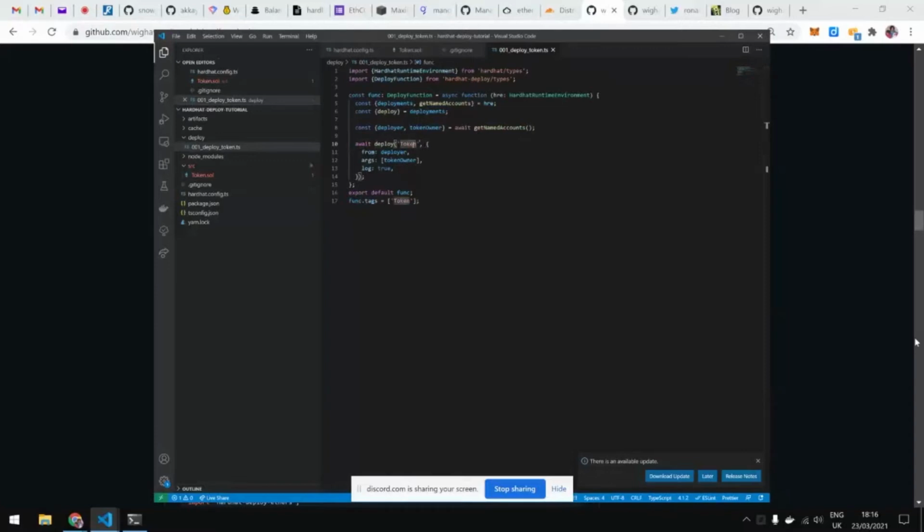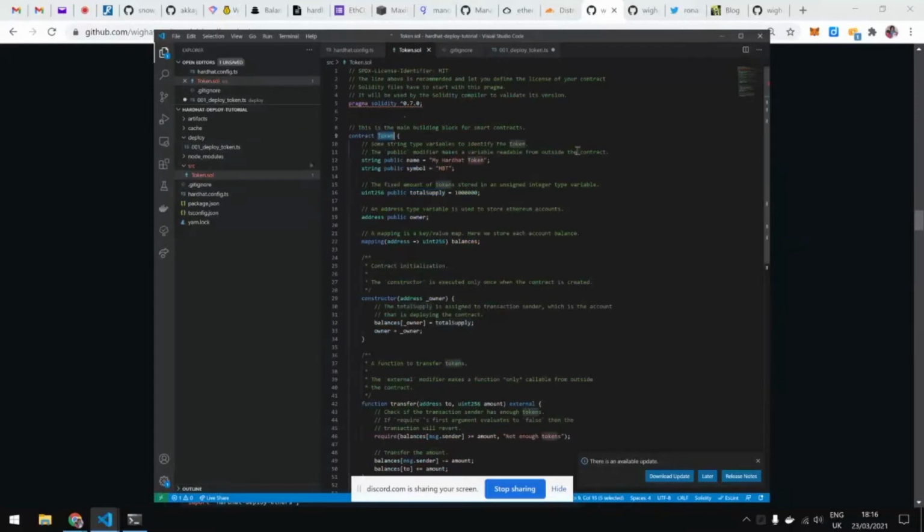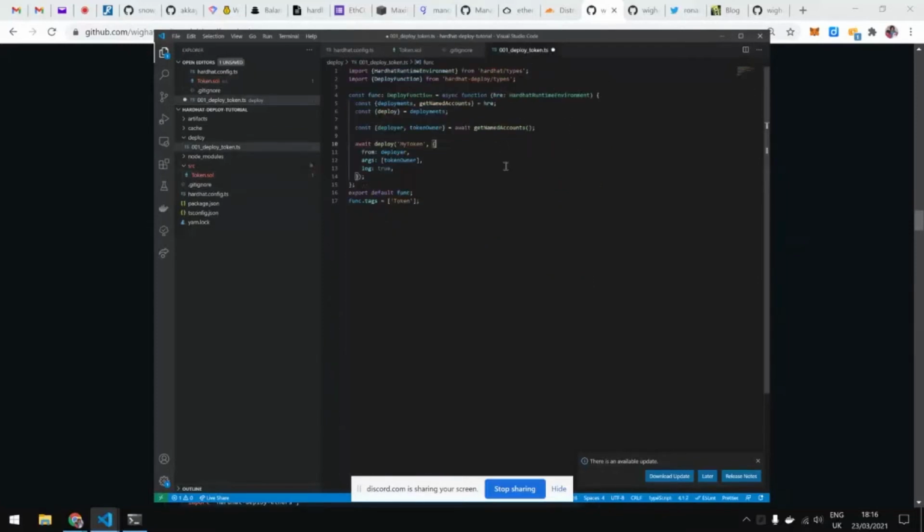For example, if I wanted to call it my token, then it will look for a MyToken contract in the Solidity source code. In that case, it won't find it because the token is called Token. But I can specify it with a contract option, and I can say Token.